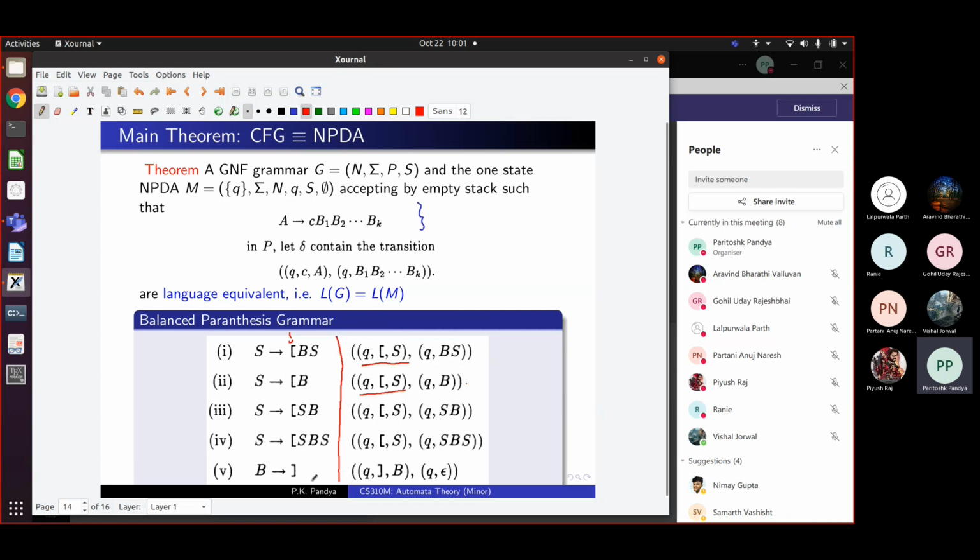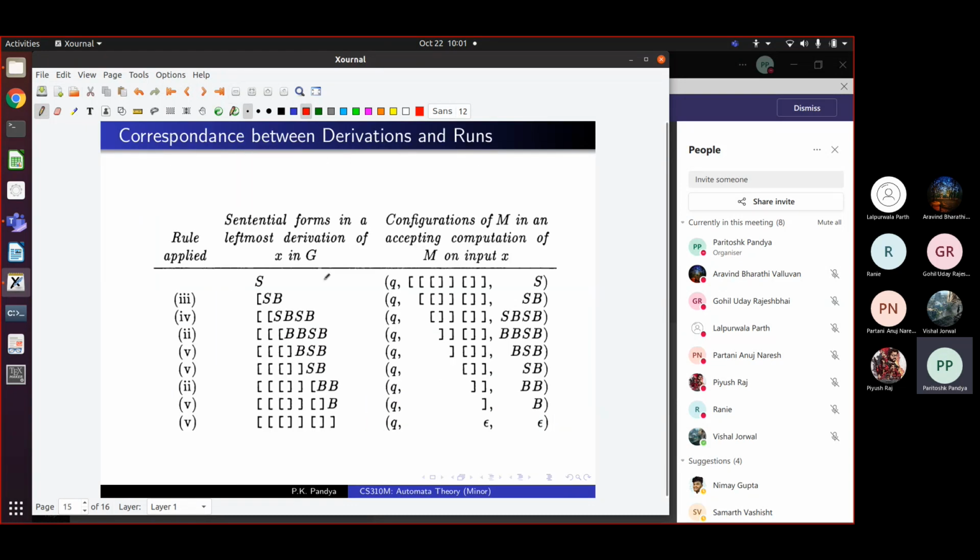Any questions so far? This is a syntactic procedure. If you are given a grammar like this, you should be able to construct an automaton like this. Okay? Now you may ask, why are you doing it like this? So the reason is the following. If I have again two things, I'll draw a red line in between. Okay, red line here.